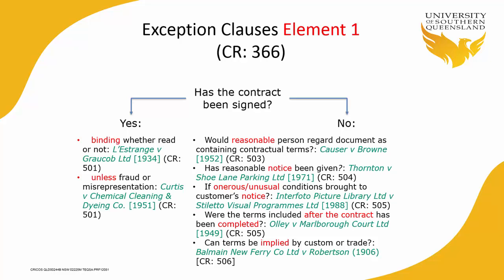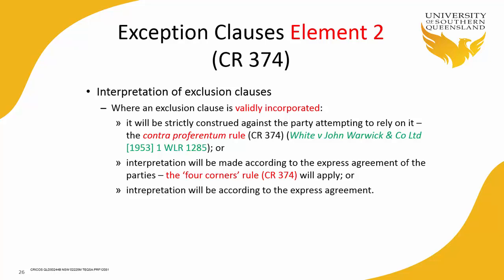Is the exclusion or exception clause part of the terms of the contract or not? Once we've established that yes, it is part of the contract, then we have to ask ourselves, what does it actually mean? What does this exclusion clause actually mean? So where an exclusion clause is validly incorporated, once we have cleared the first hurdle of incorporation as we looked at just now, you'll find the discussion about that from page 368. This is incorporation from 368 all the way to